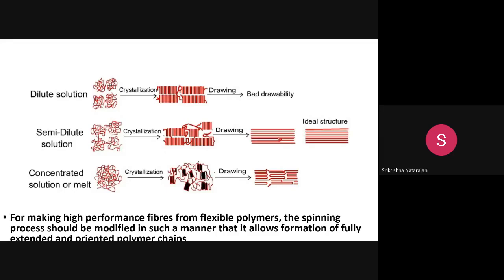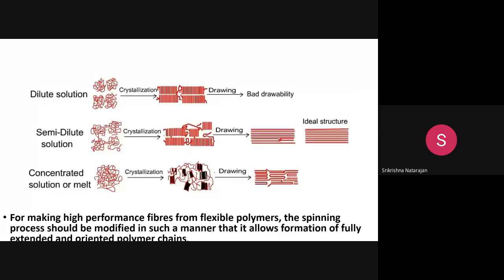And finally, when you do the drawing, you will not get the proper extended structure, because this is where the fiber gets formed. This is the middle place where the fiber formation takes place. So in that place, there can be certain folds like this, and there can be a break, and folds like this, and a break, because it's not 100% crystalline. There will be an amorphous region and a crystalline region, so there can be folds.